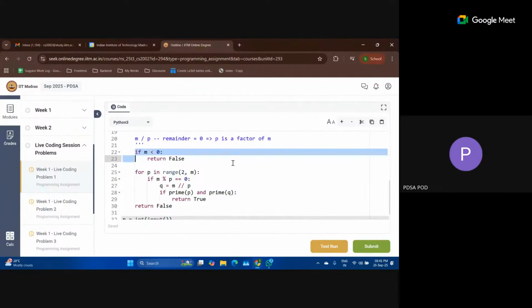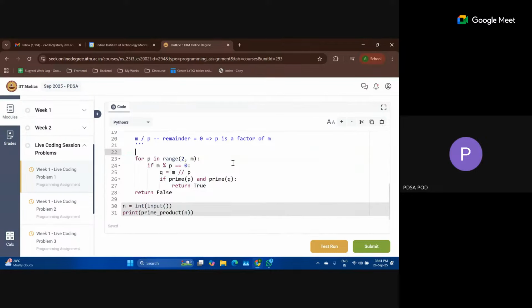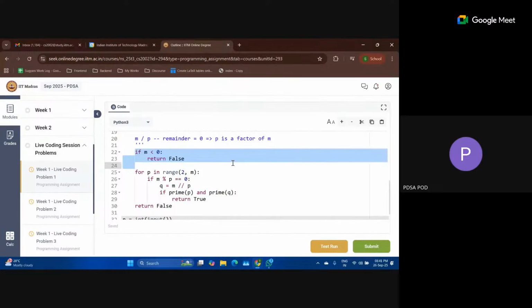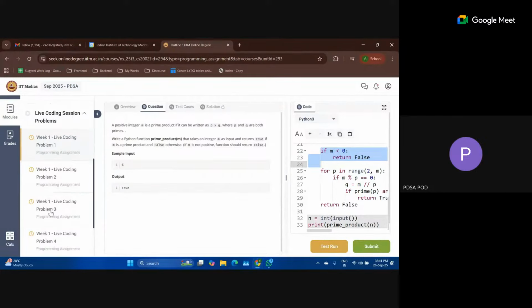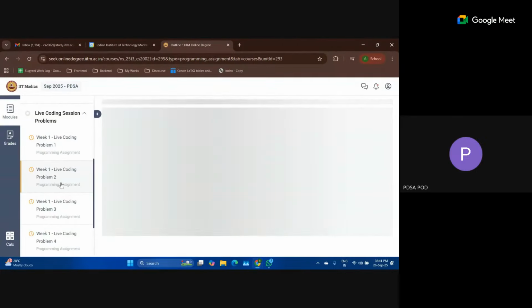But if I do not write it, my program will also run correctly. Is that clear? Hope that's clear. Yes, it's clear. Okay, so now let's go to the second problem. There are 6 problems, so from now onwards I'll go a little bit faster.